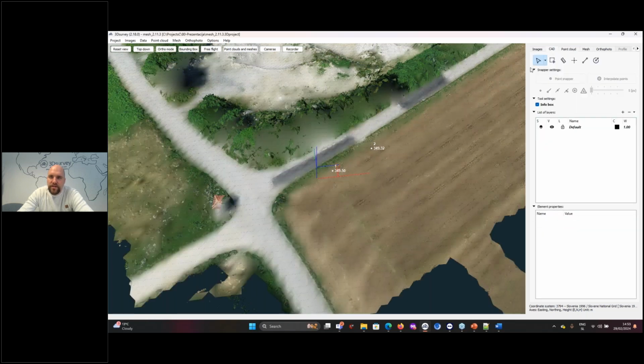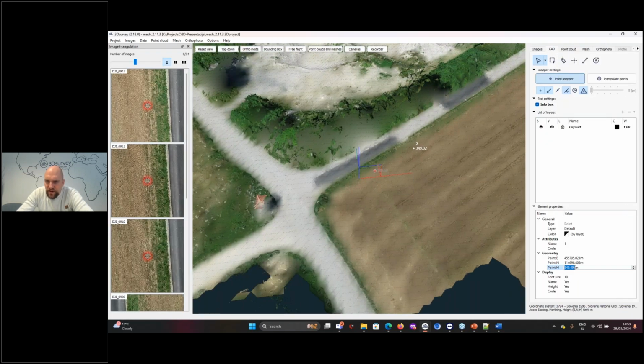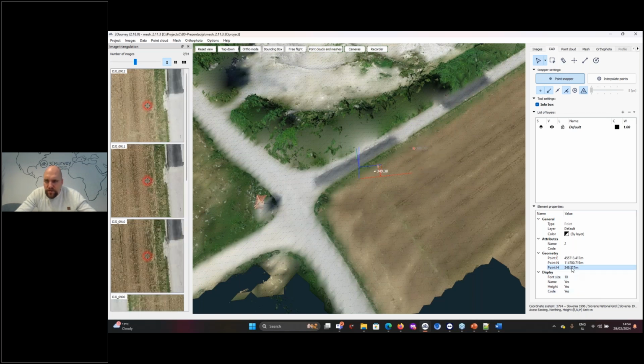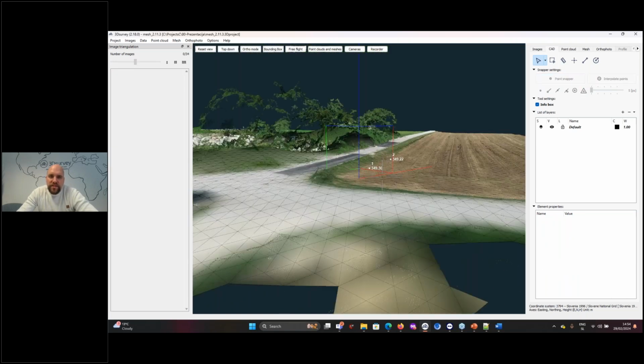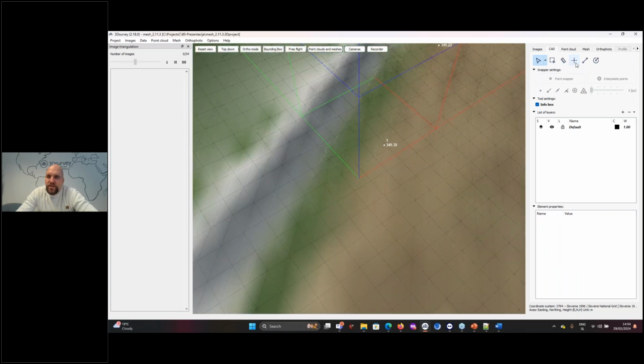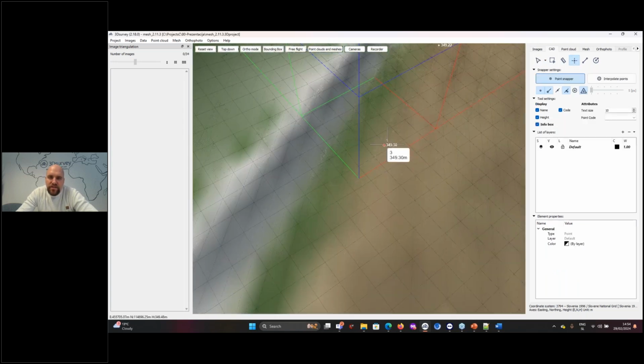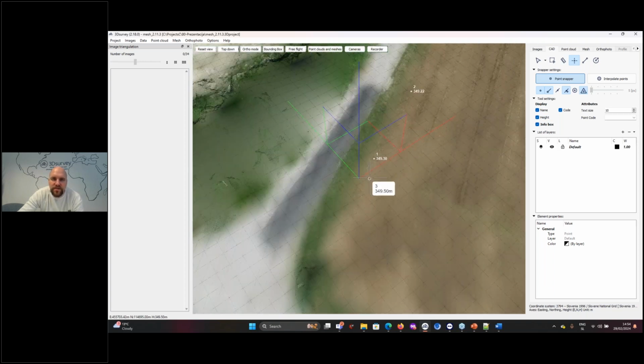I will just select the point here. And I will just manually change this one. For example, I will lower them by 20 centimeters just for demonstration purpose. So I would check these points, and I would see, okay, my point was measured at 30 centimeter elevation and the other points here at approximately 50 centimeter elevation.